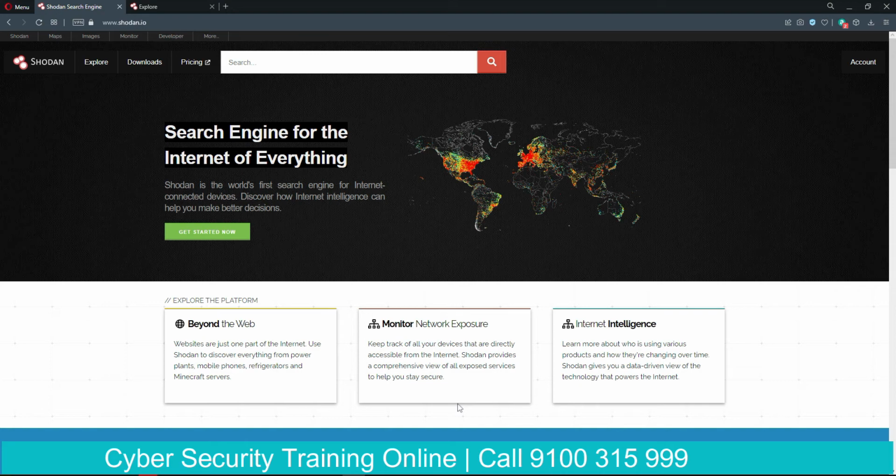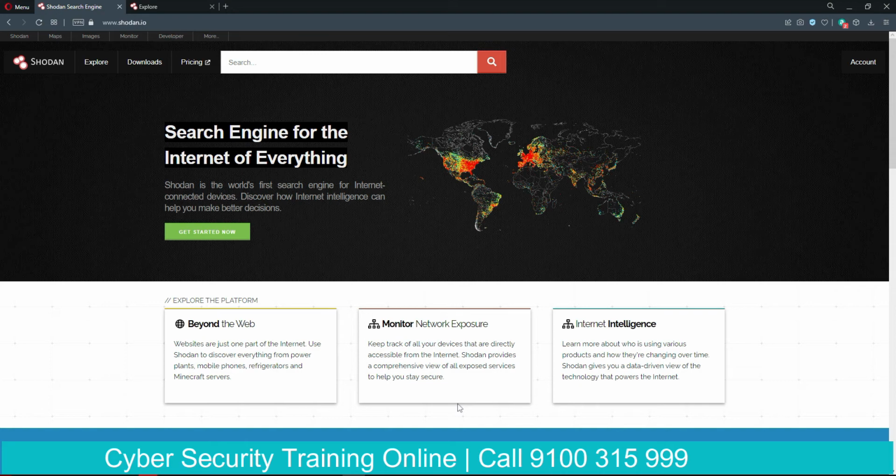So Shodan will try to find all such devices which are exposing themselves directly to the internet. And in today's 2021, we have IoT devices connecting our homes directly to the internet, and this is where Shodan does its job.